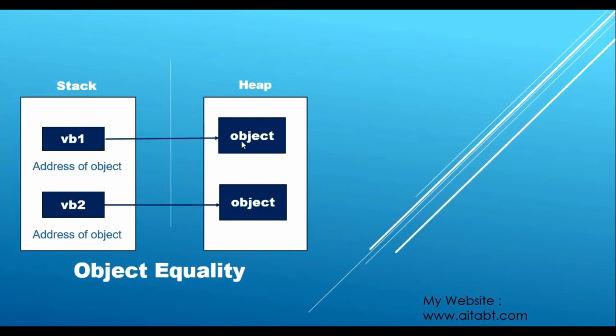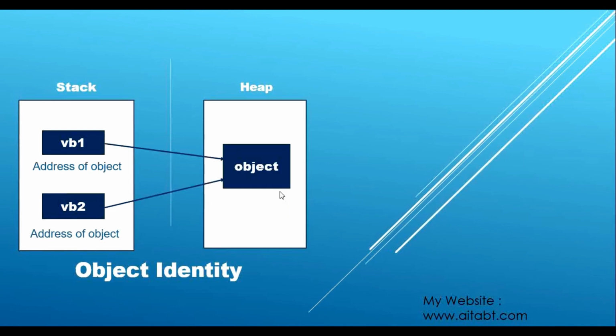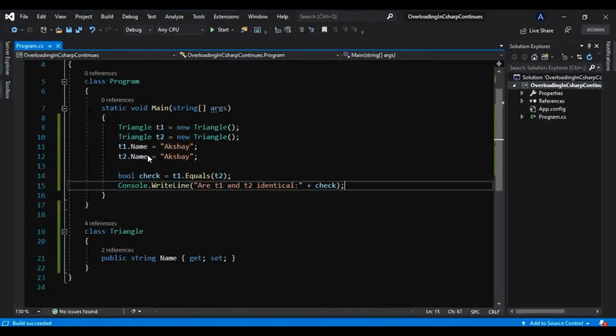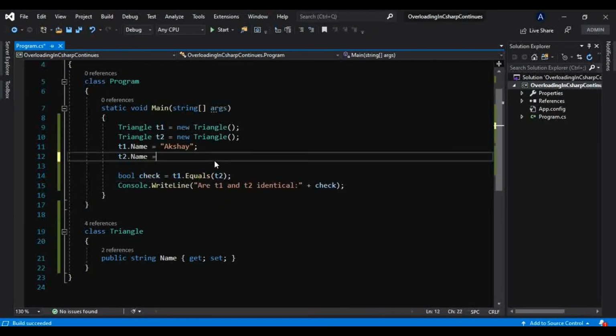It is printing false, because both are objects of the same type, that is triangle, but they have different instances. So in memory, let's consider this as t1 and this as t2, both are pointing to separate instances. So these are not identical, but in case they point to the same instance, I will show you. Instead of doing something like this,